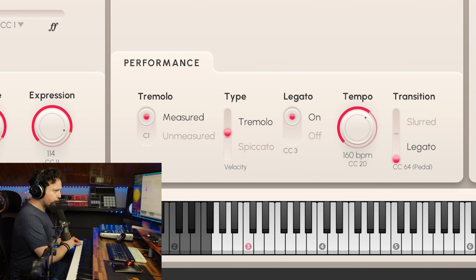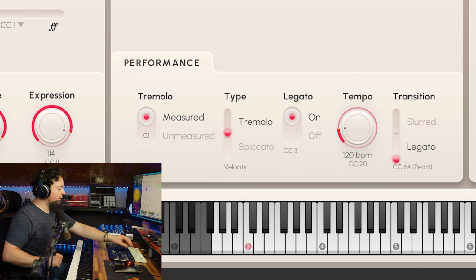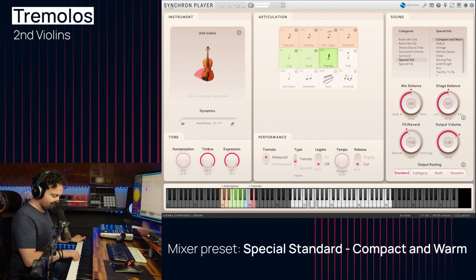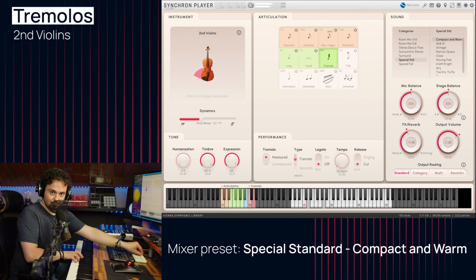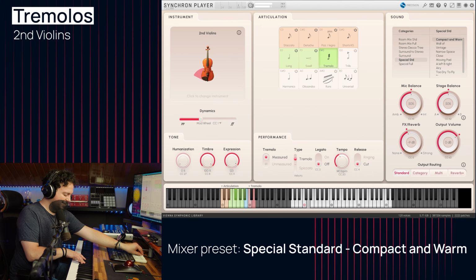And for the measured tremolos, you can see which BPM you are selecting with CC20. And as you would expect, exact same controls for the Sordino version.